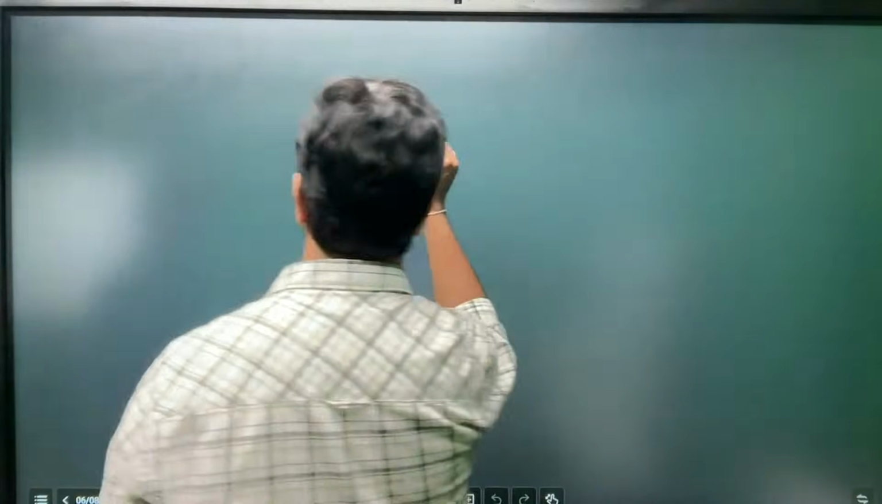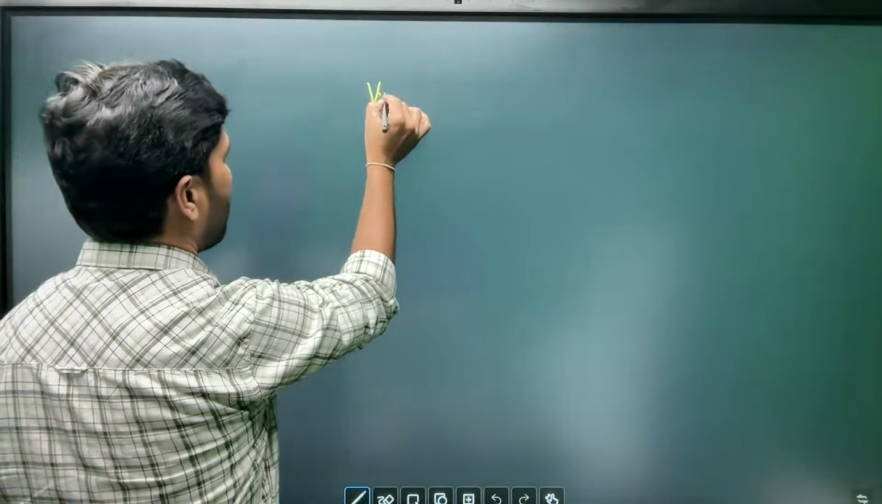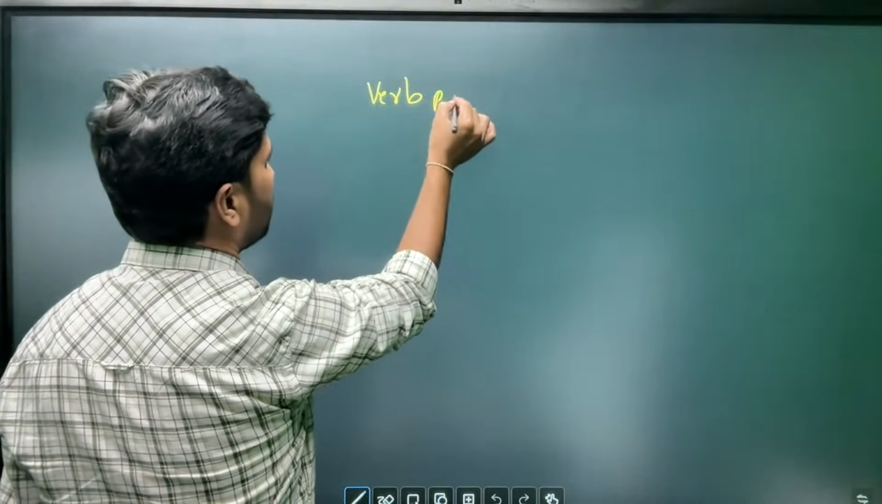The next one is verb pattern. Important one. Verb